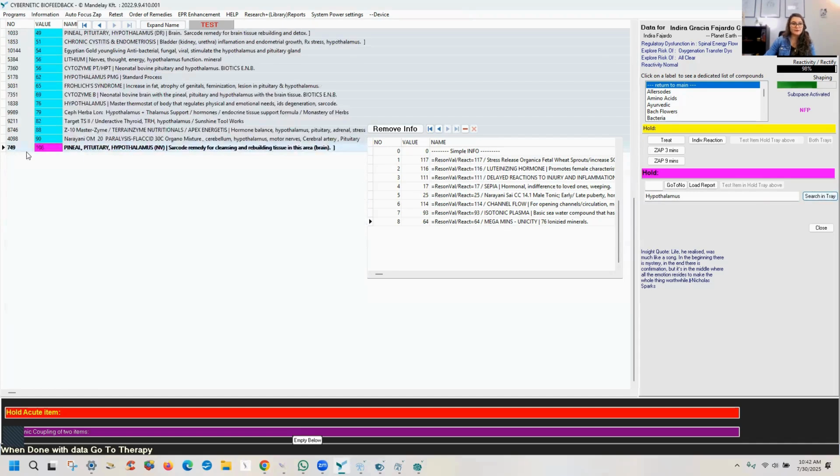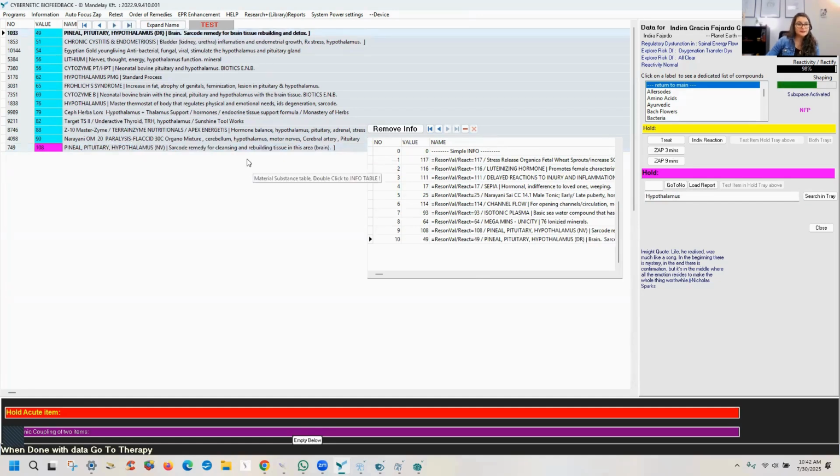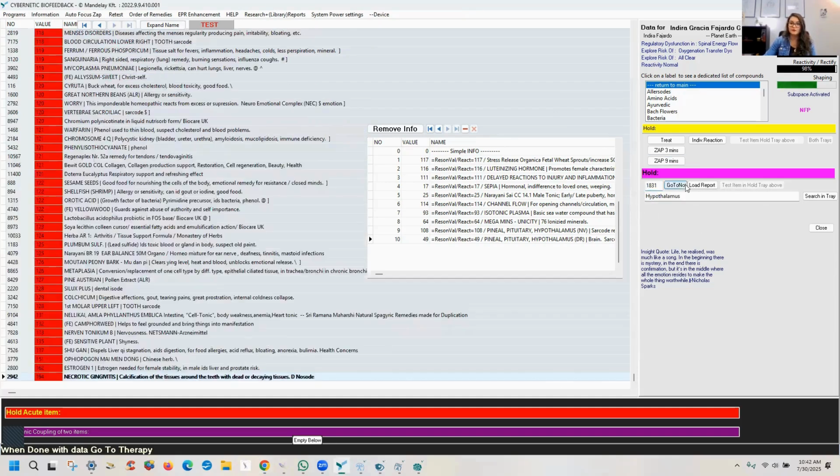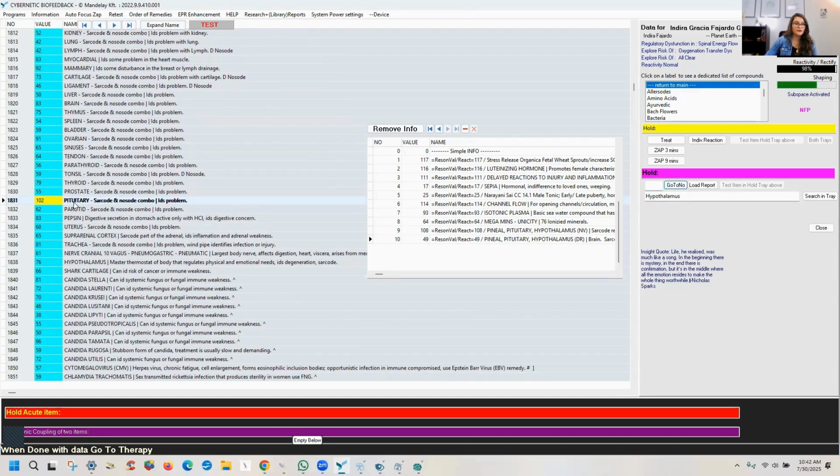And now I also want to see the hypothalamus. Okay, so we're gonna check for this. Okay, we can see here this one is also reactive. So we're gonna work with this, the pineal, pituitary, and hypothalamus, right? We see in here that these are remedies, but I want to make sure that I can find the SAR code. So give me a second. Okay, so for the pituitary SAR code, it's 1831. So check here. Okay, and I will also add it into